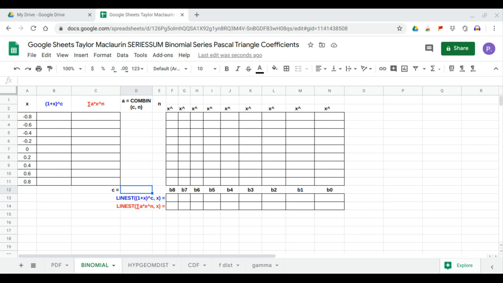Hello, in this video we'll generate the Pascal triangle coefficients using the Taylor-Maclaurin series sum expansion and the LINEST polynomial regression. We begin with the binomial series where it is 1 plus x to the power c, where the value of c ranges from, in this case, 0, 1, 2, 3,